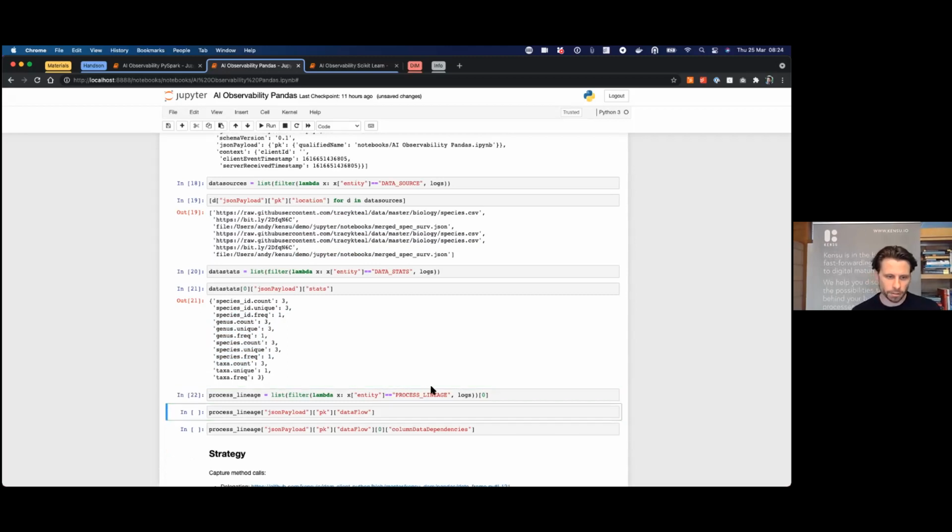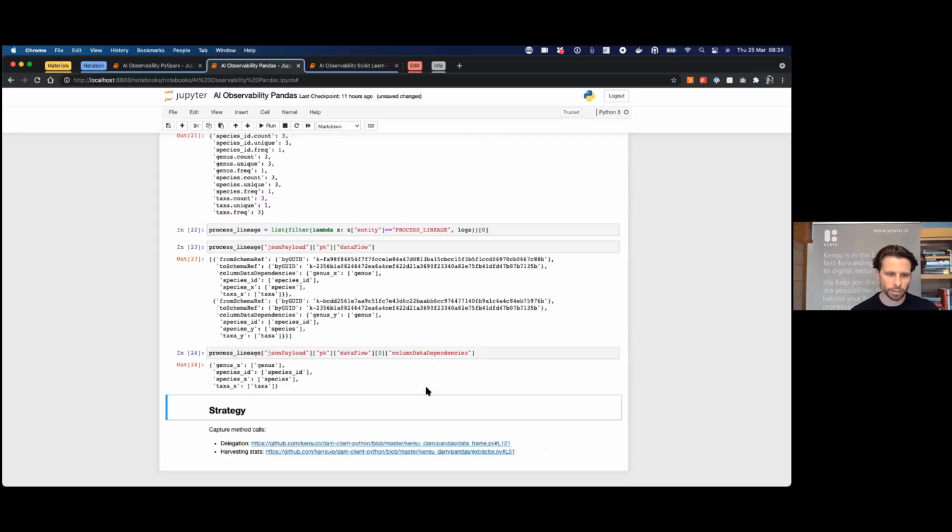The lineage, I'm showing the lineage also here because here you see that there is a link between species ID and species ID, right? But also species X and species are linked together. Because in a data frame, you have full control of what's going on, right? So you know what a merge is. You know what a join is, you know which column you merge on, and so forth, right?